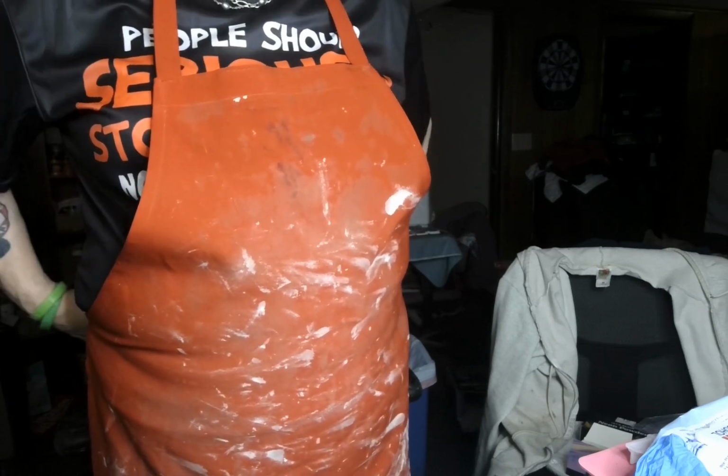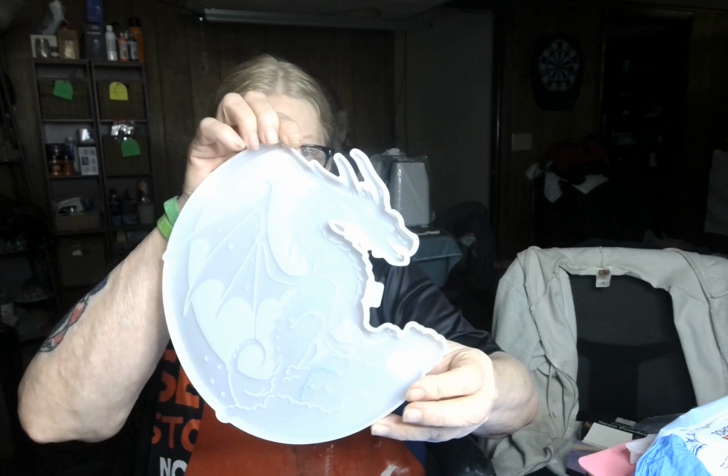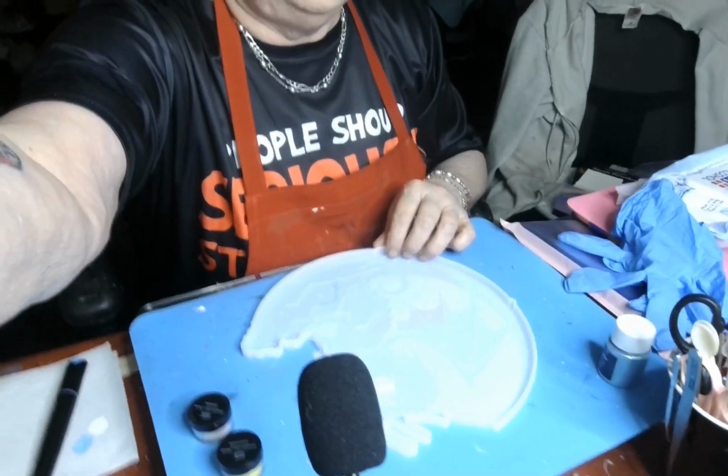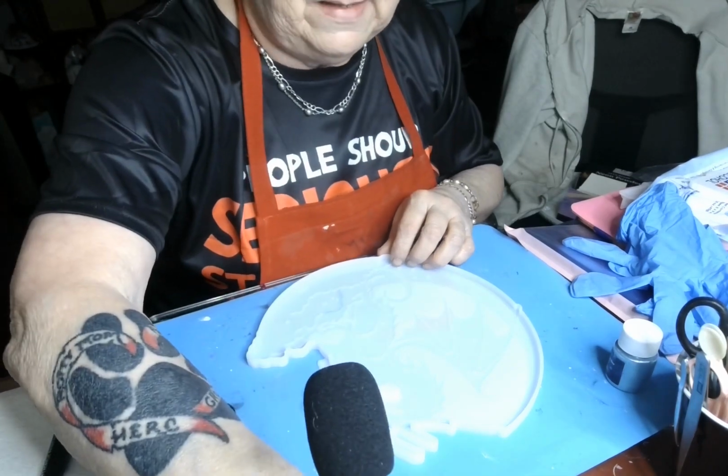Okay, so far the white is stuck. Okay, so this is what we're doing. What the heck's on it already? Is that on? Oh, no, that's... Okay. This is what we're doing. It's a dragon. Okay, so I've colored his mouth white. And so far the white has...